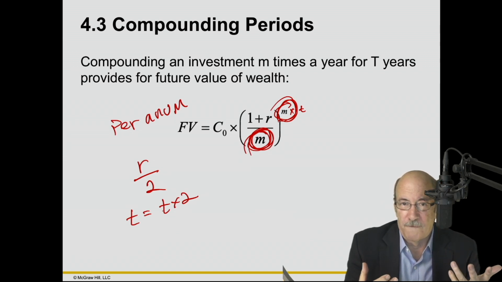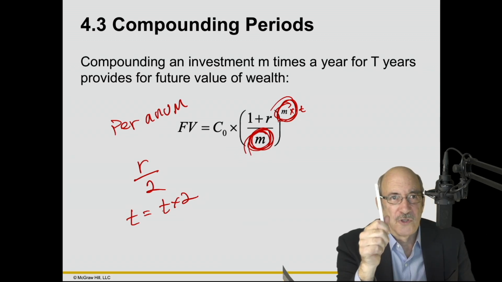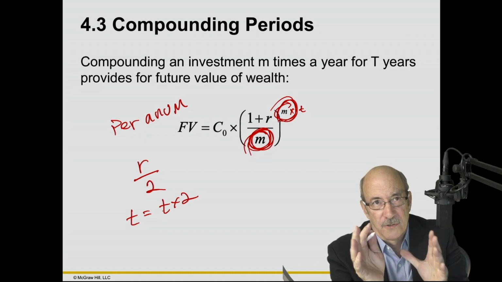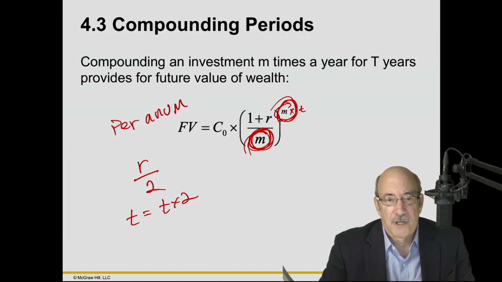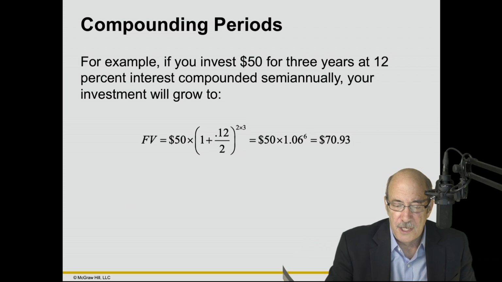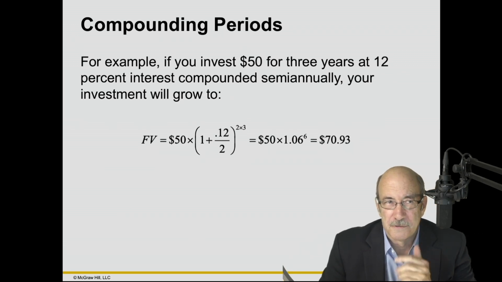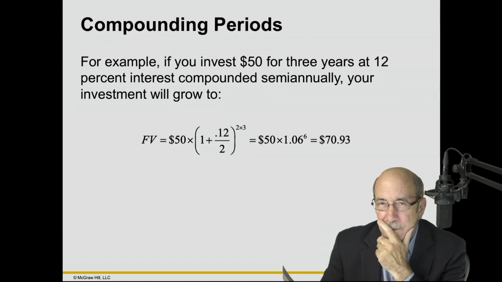My preference is to do all of the work up front, adjust the rate to the period, and adjust the number of periods to what is correct for our compounding. In this example, if that's not quite clear,